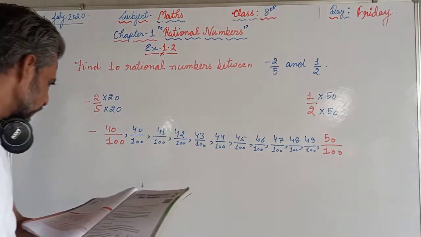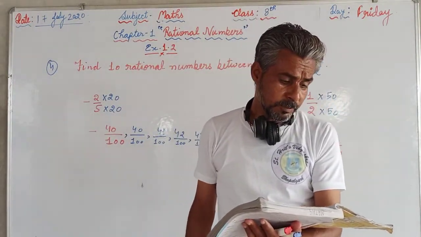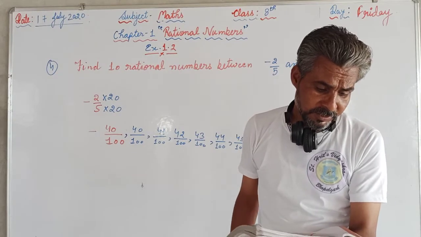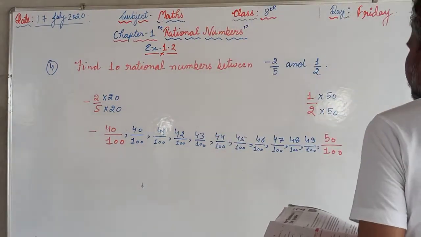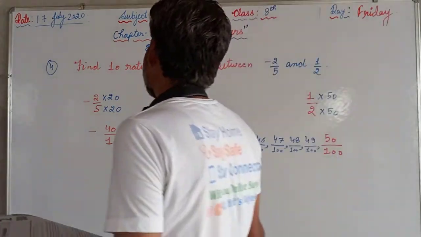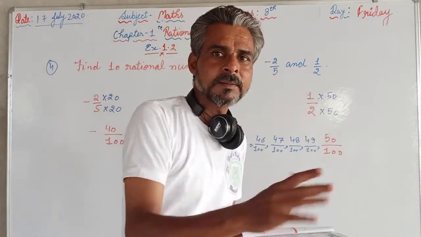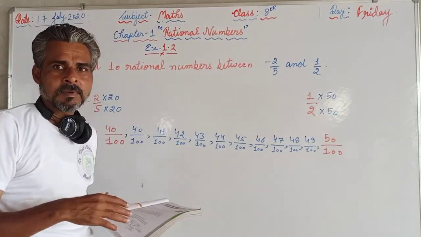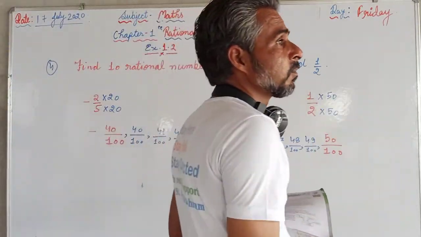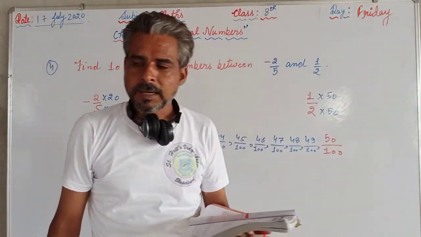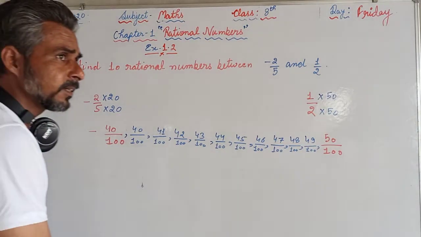All the questions are like that. In question number 5 we have to find 5 rational numbers between, and in question number 6 again we have to find 5 rational numbers greater than minus 2. Greater than minus 2 means on the right hand side of minus 2 on the number line. That will be minus 1, 0, 1, 2, 3, 4, 5, 6, 7, 8, or directly we can say 100, 101, 102, because all these numbers are lying on the right hand side of minus 2 on the number line. So I think that today you can complete exercise 1.2.